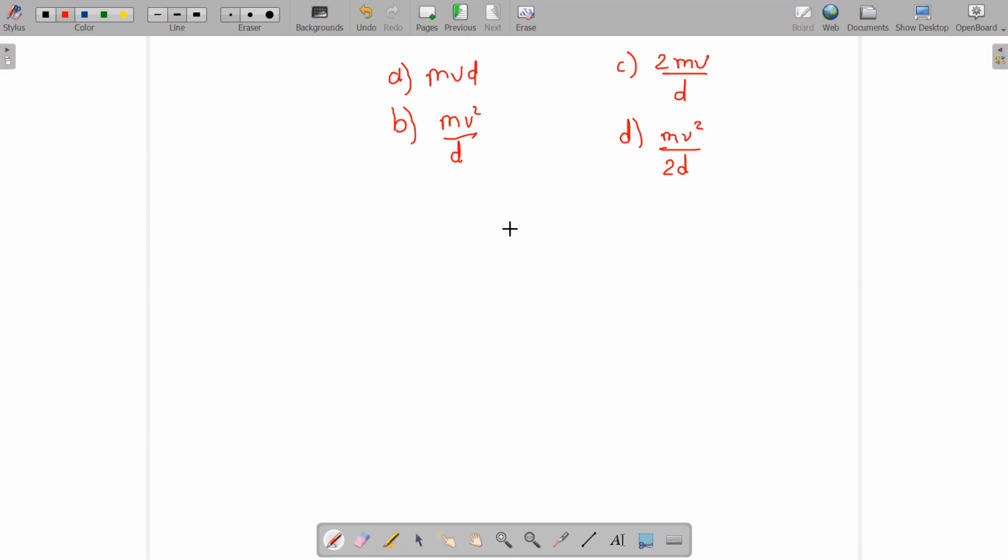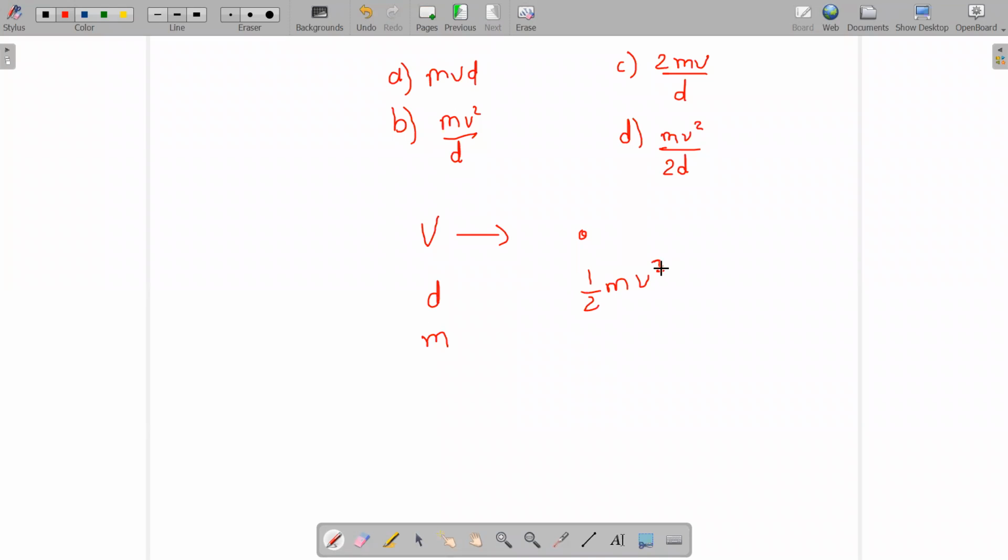It's correct. Okay, so here it says that a ball is moving with a velocity of v towards a keeper. There is a keeper catching the ball. It is said that the keeper moves his hand backwards after catching the ball, to some distance of d, let us say, and the mass of the ball is given as m. So we could say very easily that the initial energy of the ball is half m v square. That is the kinetic energy that it possesses.